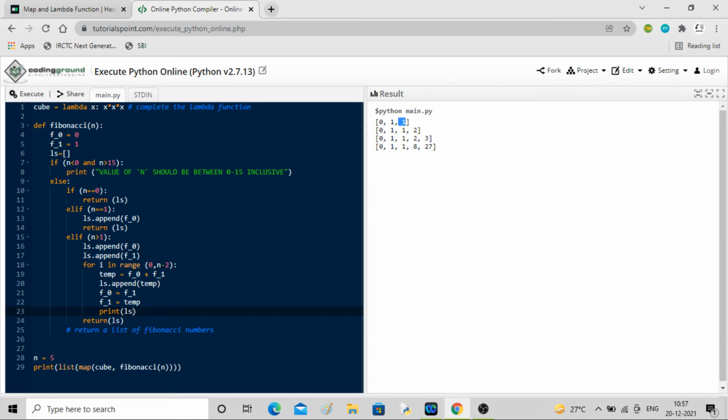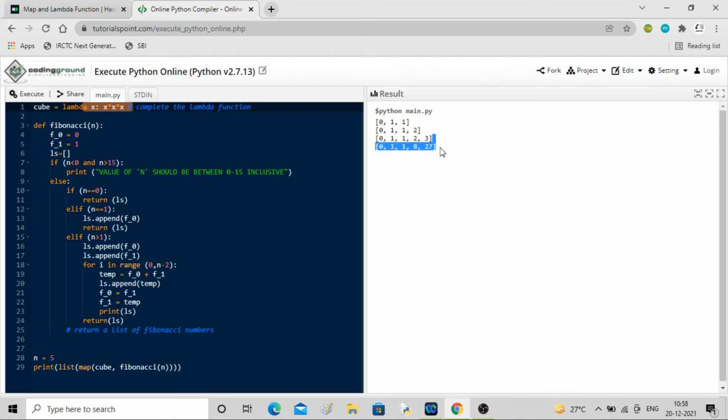In the next loop these 3 were already there, this one was added, then in the next loop these 3 were already there, and total 5 it became, right? And then after that cube has been applied by this. So each of the values will have their cubes. So 1 cube, 0 cube, 1 cube here, 2 cube, 3 cube.